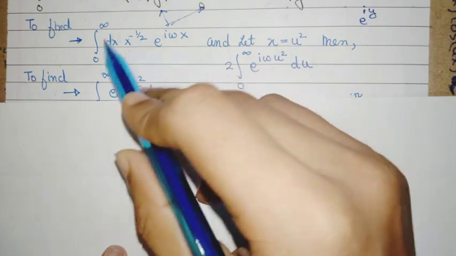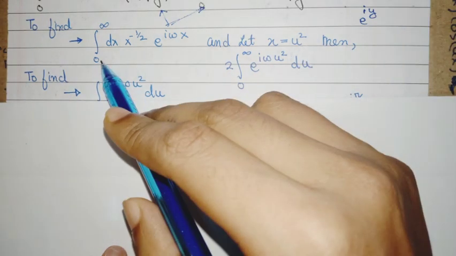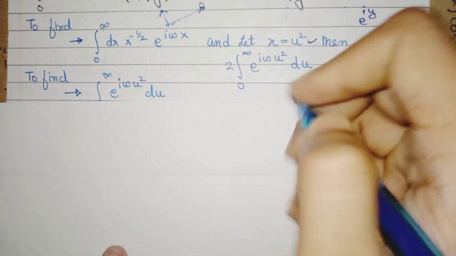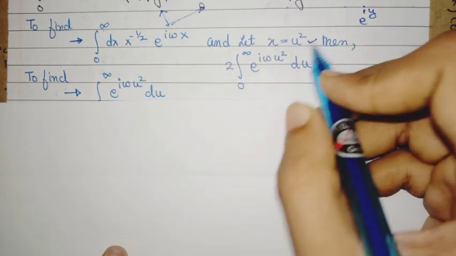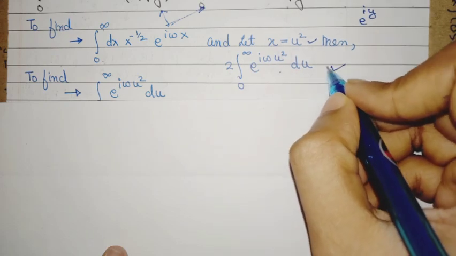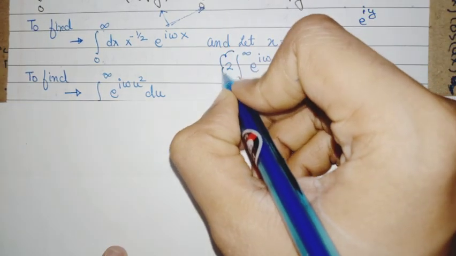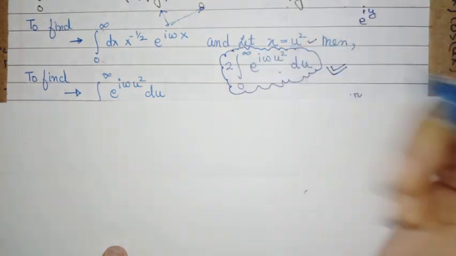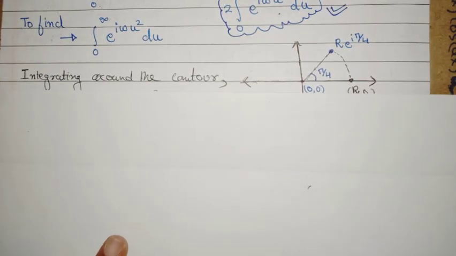In order to find this integral, let's make the first substitution as x equal to u squared. You see, x is a positive quantity running from 0 to infinity, so x equal to u squared is a valid substitution, and that quantity will also be running from 0 to infinity. Substituting this will just lead to this. So our integral has become a highly condensed form. You can see here, this is the integral that I want. So now we have to find this.